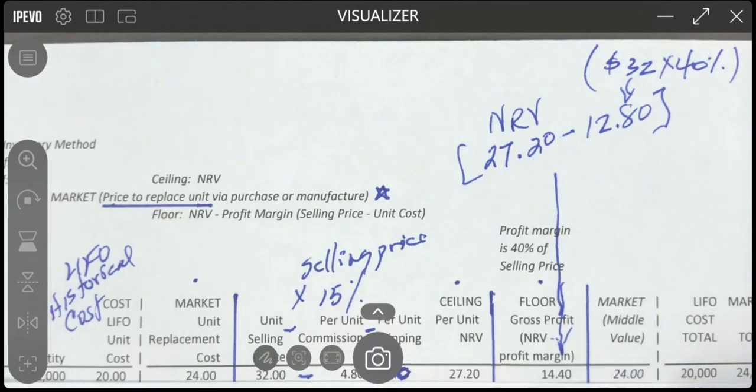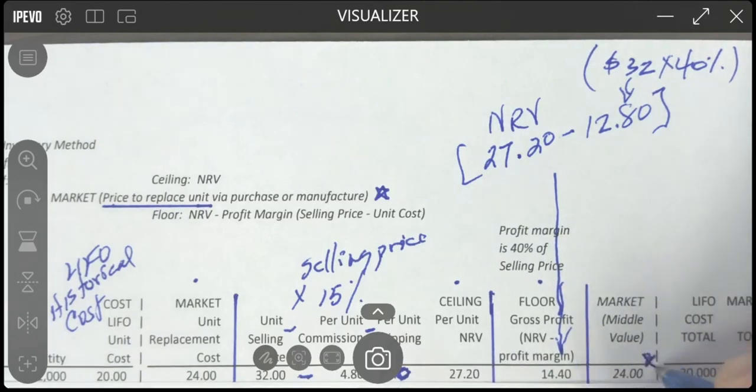All right, so since the middle value is of the 24, 27, and 14.40, the replacement cost is not less than the floor and it's not greater than the ceiling, so